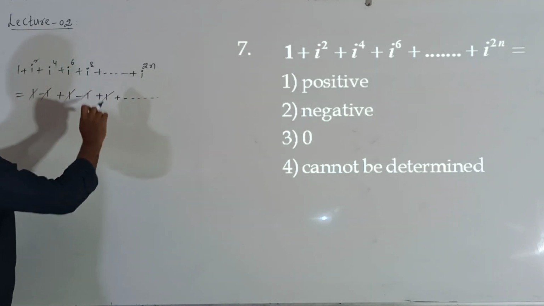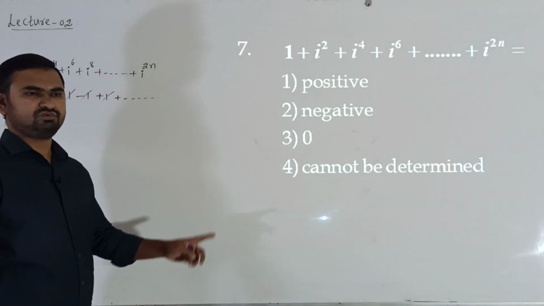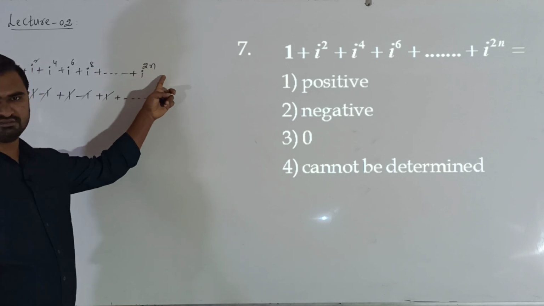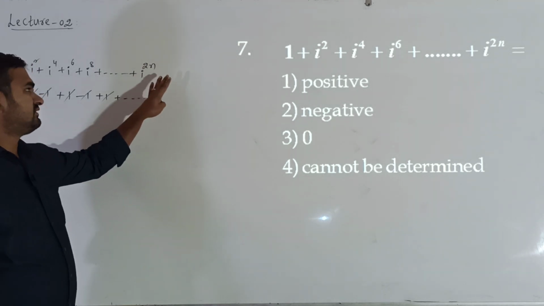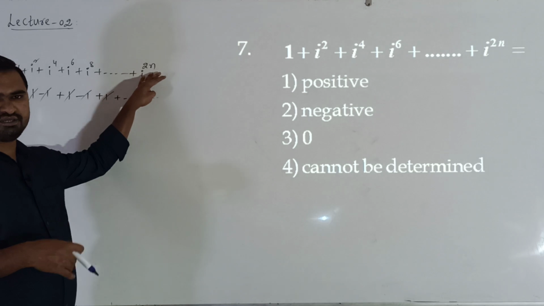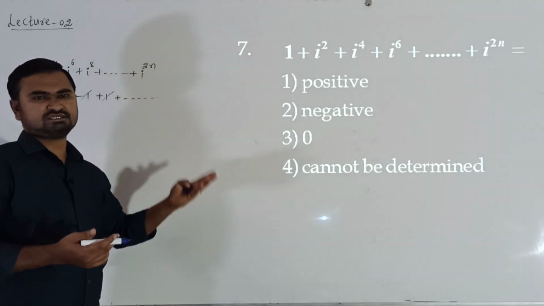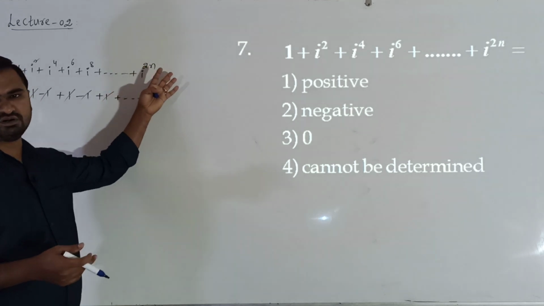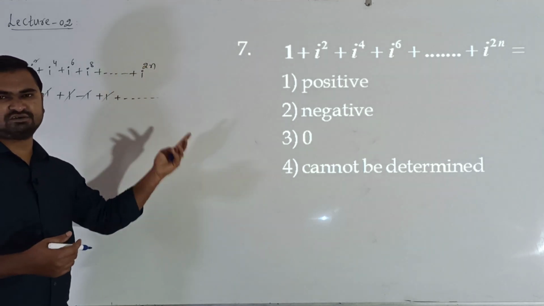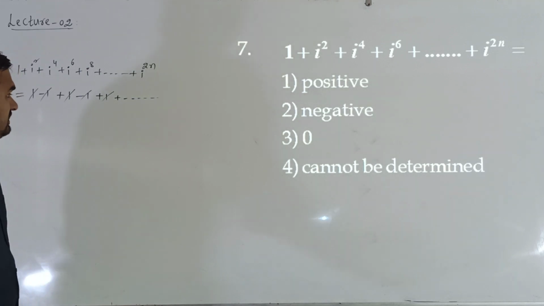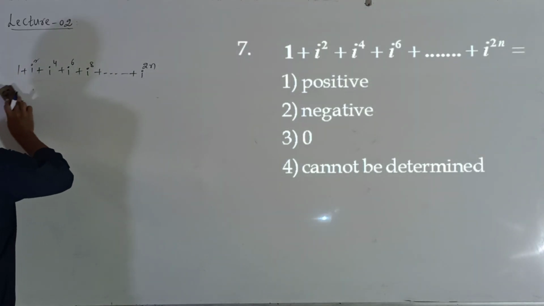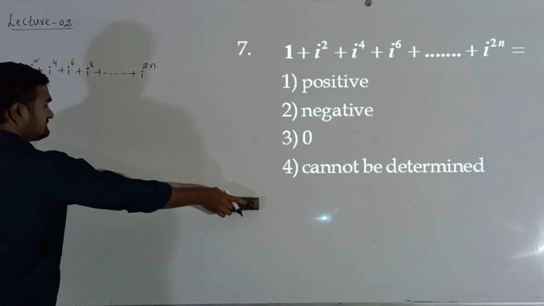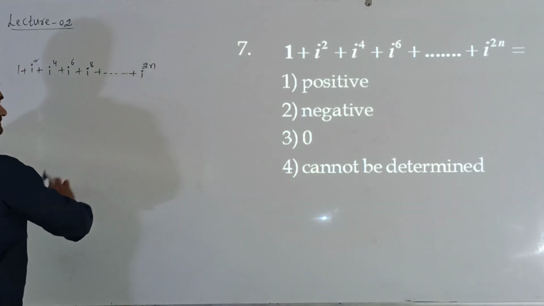Now what will be the last term? Do we know the last term here? We do not know last term because we do not know the value of n. Now see, for any value of n, is the answer same or is it changing? If n is even or n is odd, is the answer different or same? Directly we cannot simplify this because we do not know the value of n. Suppose if I take some values for n and see what is the answer we get.